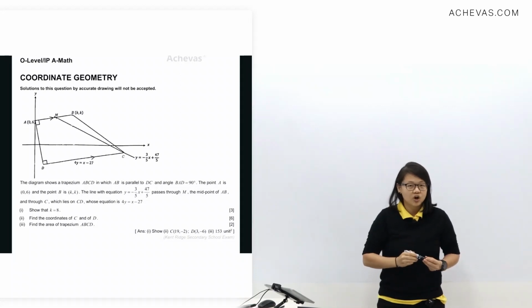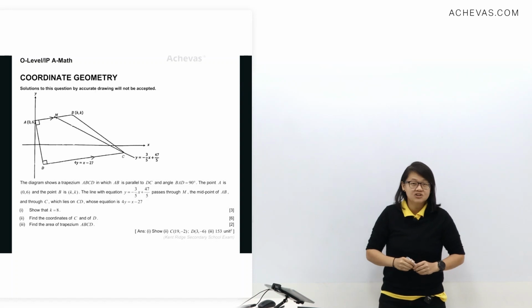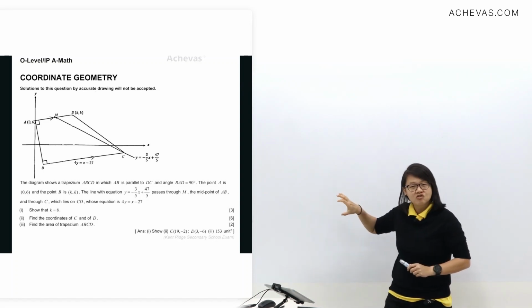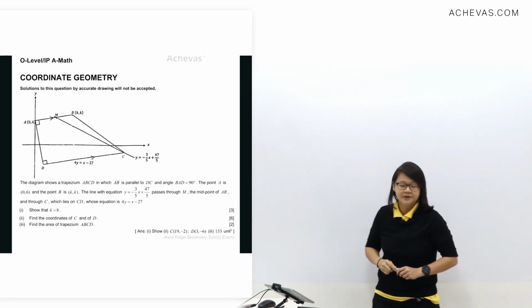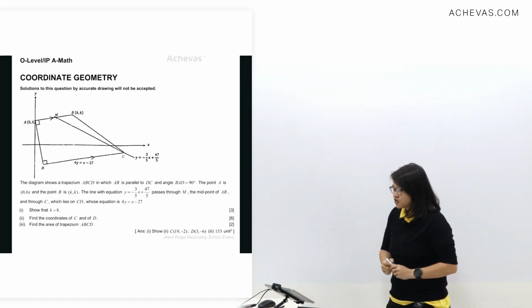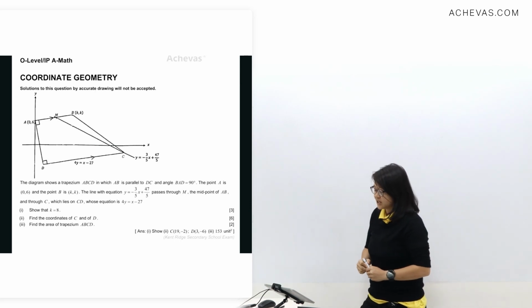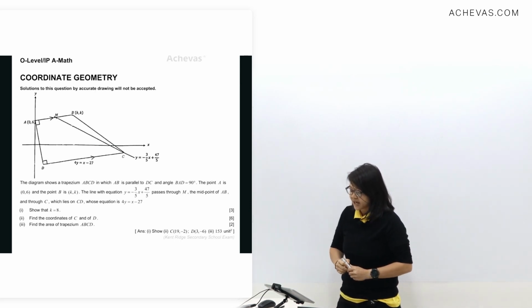Let's take a look at a coordinate geometry question here from Kenrich. Now, I want you to pay attention to the diagram while we are reading the paragraph. Make sure all the information in the paragraph is in the diagram as well. Now, let's start reading. The diagram shows a trapezium ABCD in which AB is parallel to DC and angle BAD